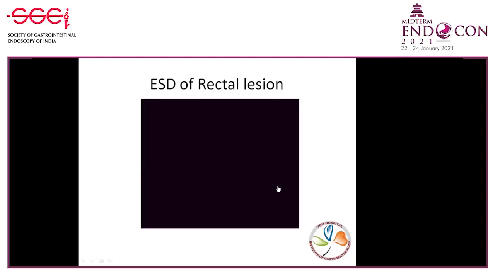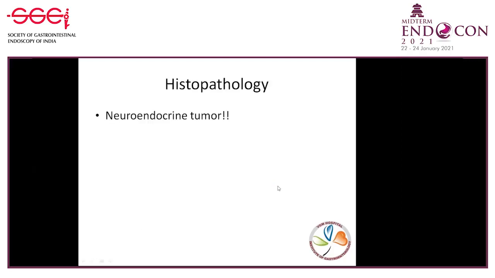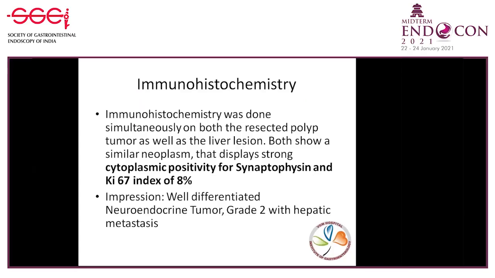When resecting the base, it's better to visualize, because there will definitely be one stalk which will bleed a lot. Now you can see the base where the muscularis propria is. I think this procedure took around 2 hours to do. If we had any large vessels at the base, we coagulate them and then spray collagen. That is how this patient, it turned out to be a neuroendocrine tumor. Then the immunohistochemistry was done for the metastatic liver lesion also. It also turned out to be the same neuroendocrine. So it is metastatic neuroendocrine.